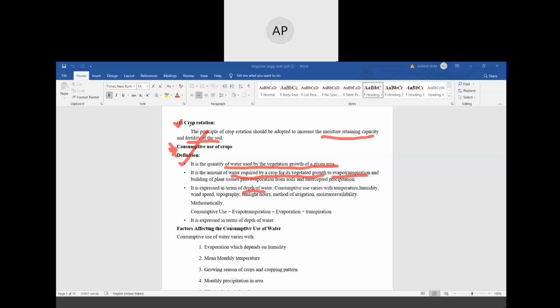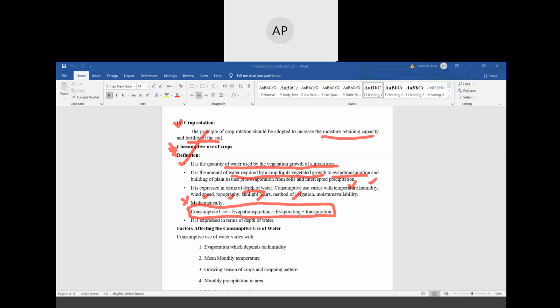Consumptive use varies with temperature, humidity, wind speed, topography, sunlight hours, method of irrigation, and moisture availability. So, in mathematical form, we can write the mathematical expression of consumptive use, where consumptive use is equal to evapotranspiration is equal to evaporation